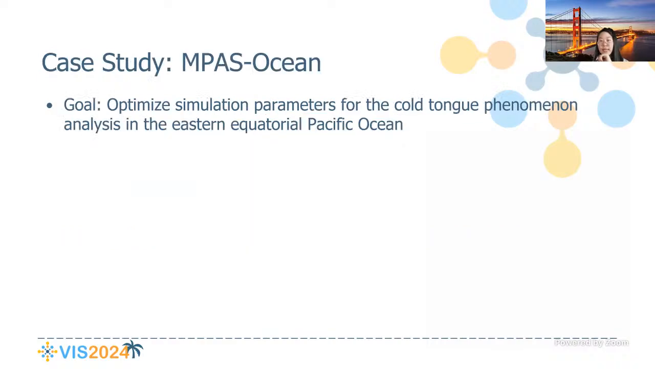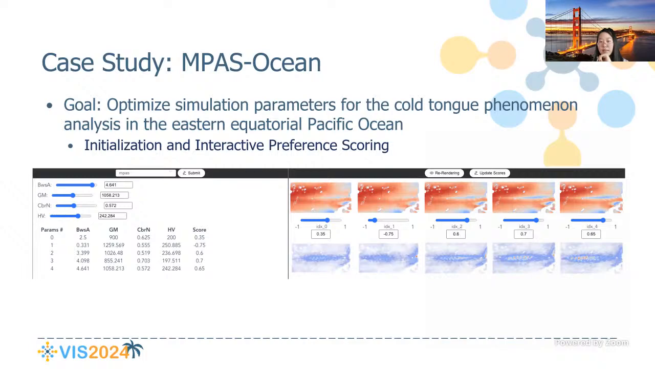We also conduct a case study to explore the parameter space for the MPAS-Ocean. The scientists aim to analyze the cold tongue feature. This phenomenon features a strip of cold water along the equator. The scientists would like to know what configuration will produce this phenomenon. To start with, the scientists will randomly select several groups of the simulation parameters. And after each selection, SurroFlow will run in the backend,